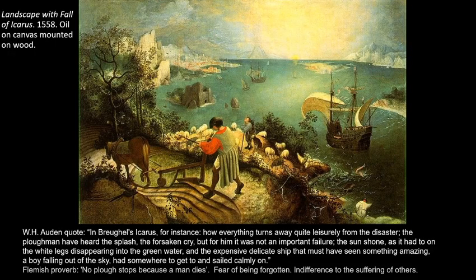This is my favorite of his work. So this is the Landscape with the Fall of Icarus. The story of Icarus is that this son of a god or a king, I think it was, I can't remember exactly, asks his dad, "Dad, I want to be able to fly. Will you make me wings? This is all I want in the world." So he says, "Yeah, fine, I'll make you these wings, but you have to promise that you're not going to fly too high, too close to the sun." He says, "Yeah, Dad, whatever, it's fine. Whatever you say, I just want to fly."